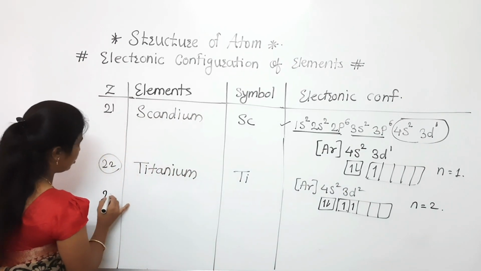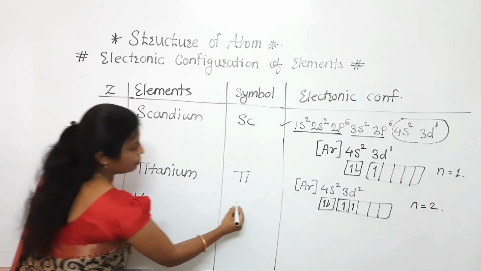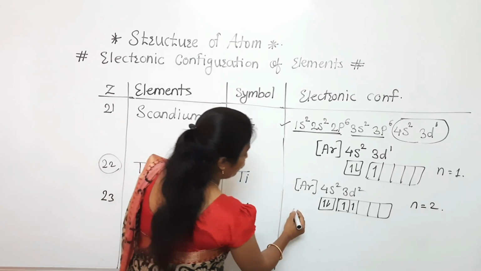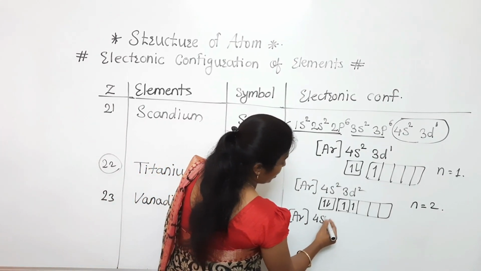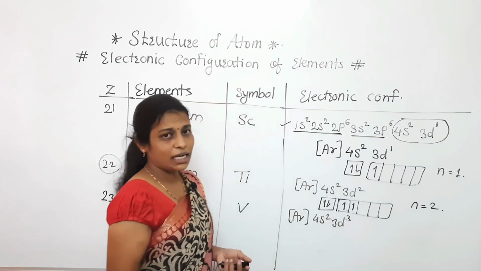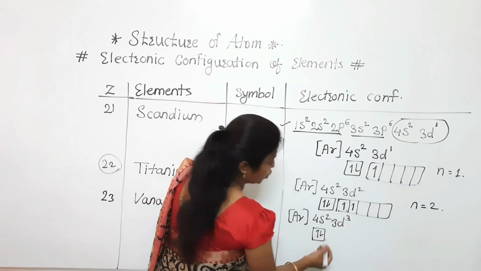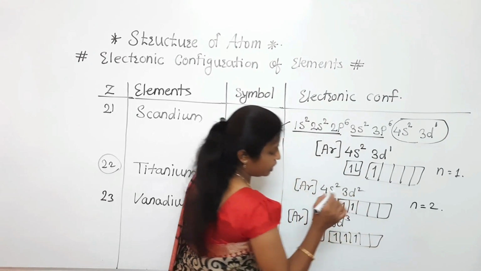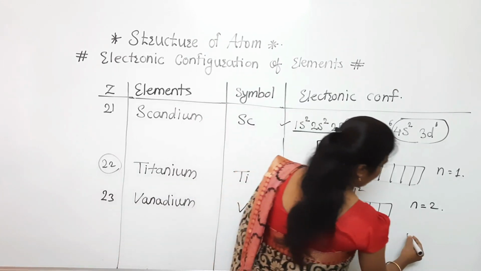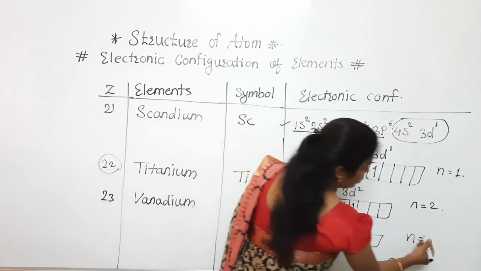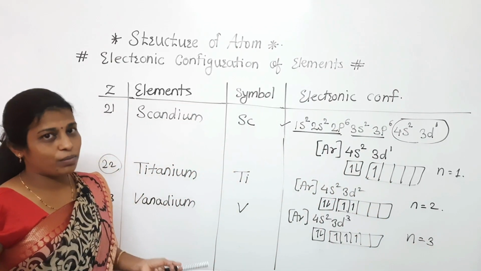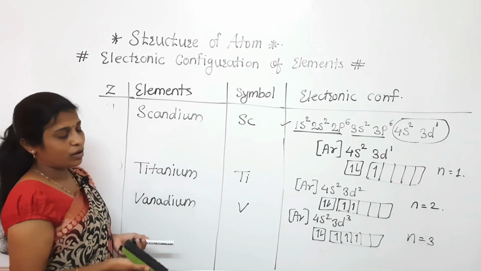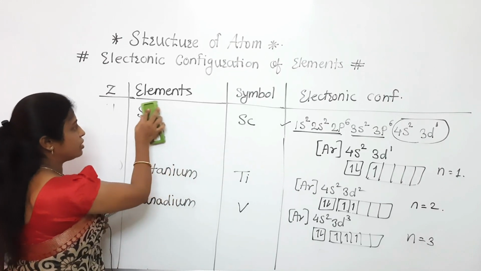Now the third example, the third one is V, which means vanadium. So for that, argon will be there, 4s2, and the third electron will enter the d. So for 4s we draw a single box with 2 electrons, and for d we draw 5 orbitals, each carrying 1 electron up to the third. In this way the number of unpaired electrons is 3, that is 1 2 3. Clear to everyone? So here we have completed 3 elements, the remaining we are going to discuss. So please take a screenshot and after that you can complete your table also.